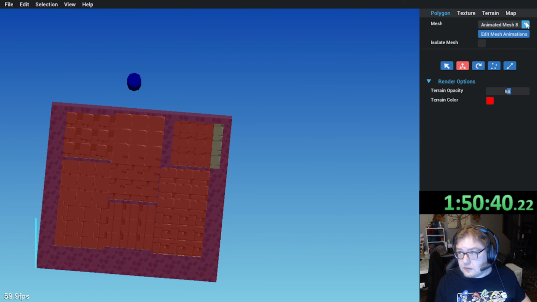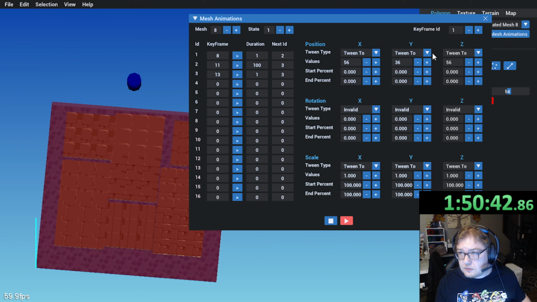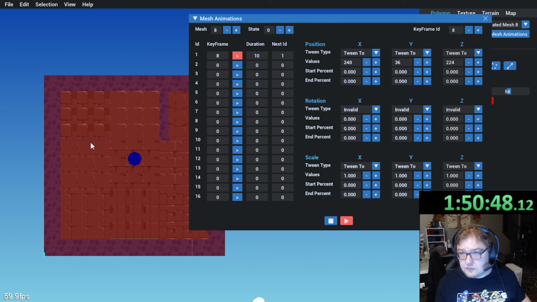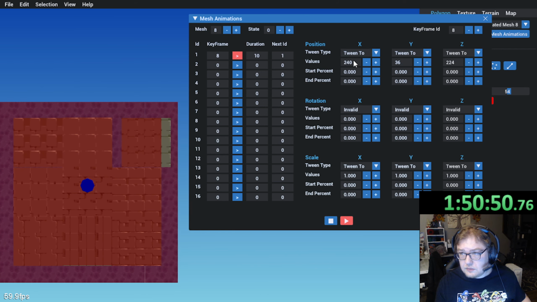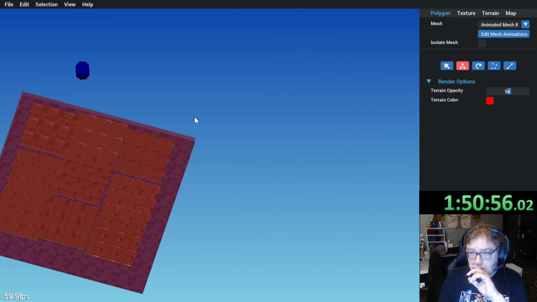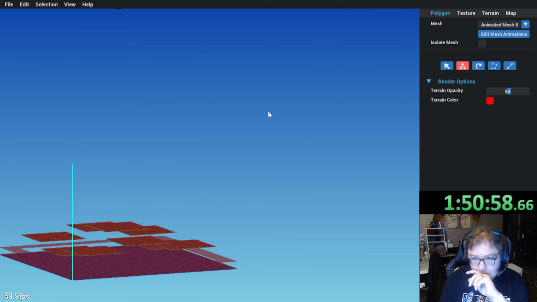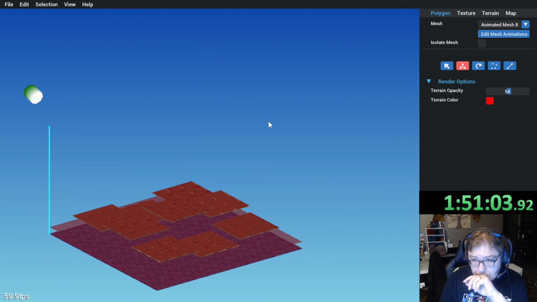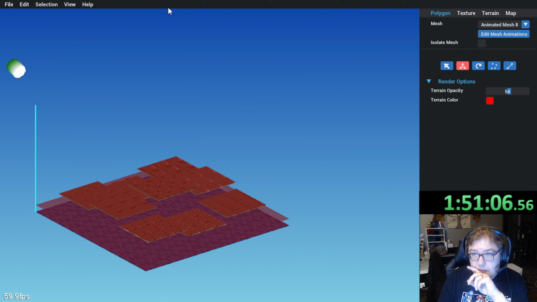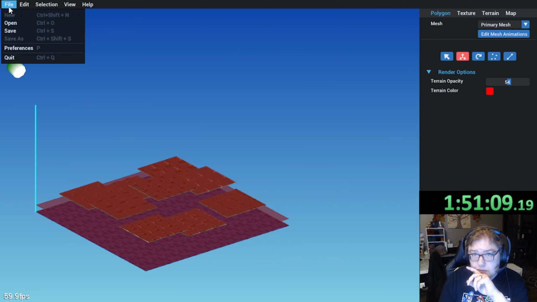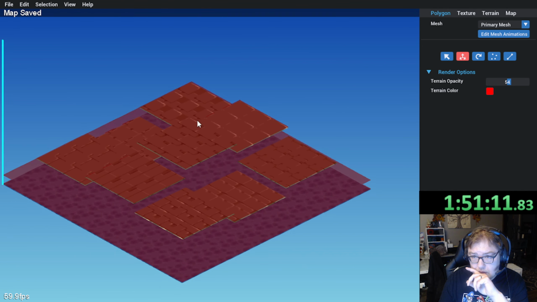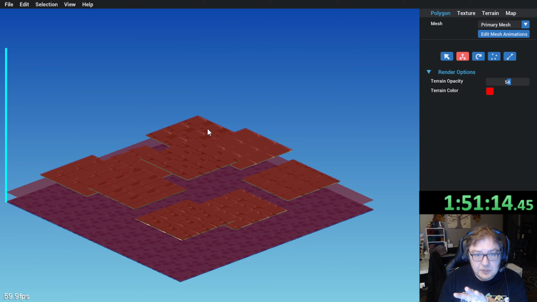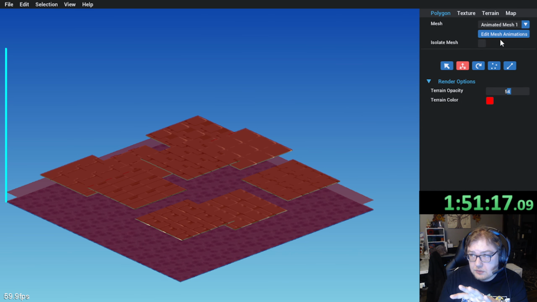Aha! Mesh 8 is actually too far in the X. Is there also 25? It is. Okay. I was wondering what was off about it. Okay, so that primary mesh save. Okay, so what we're going to do now is we're going to go through each